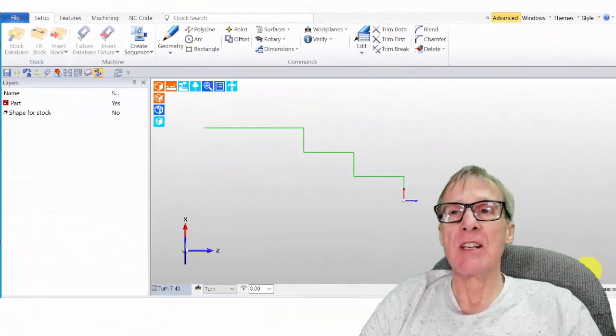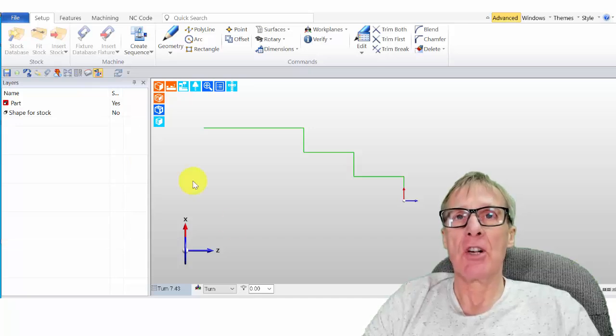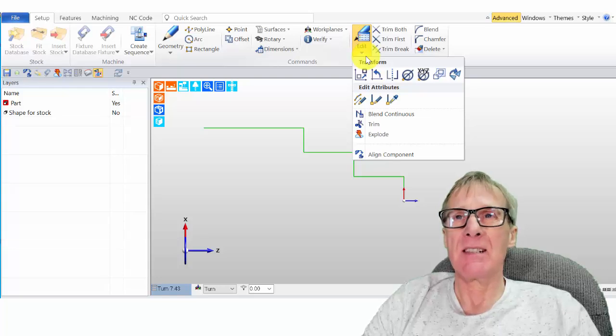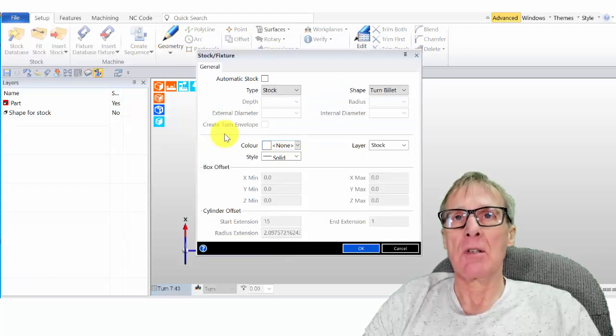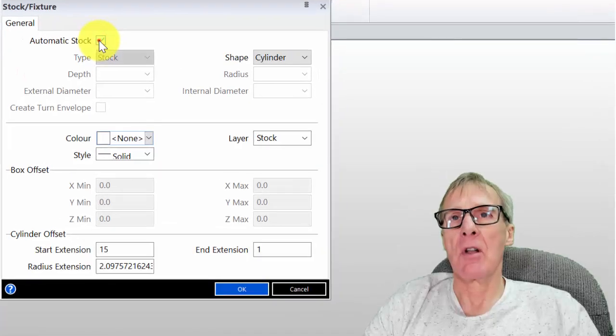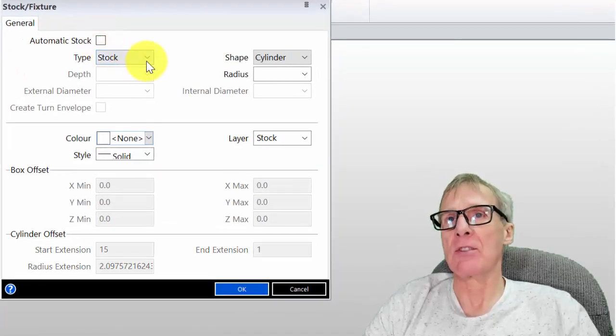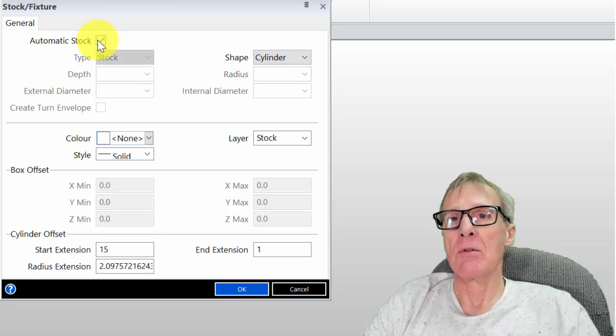So just to finish this video off nicely, I'm going to show you the other way to create stock from lines. If you've got lines here like this and you want to create your stock, and don't forget, this is the old-fashioned way, but it's still quite quick really, as a way of producing stock. So what I'm going to do this time, I'm going to produce stock. Make sure you've got this on stock and not fixture, because you do have the option of fixture, so don't get confused on that. So I'm saying stock, and I'm going to say automatic,